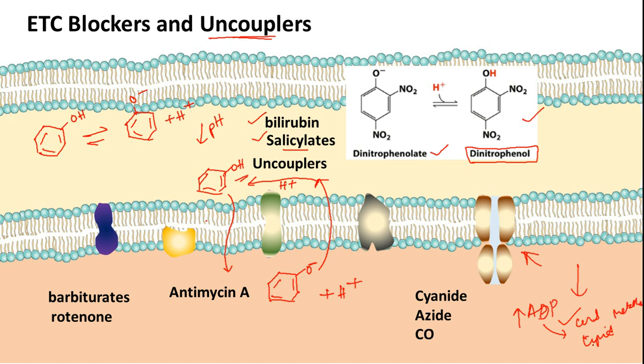When you increase carbohydrate or lipid metabolism, more and more acetyl CoA is going to be generated. From there more and more NADH or FADH2 are generated. Hence more and more electron transport chain is also going to happen, but it is going to be blocked here. So no more ATP is going to be generated. A higher quantity of ATP is not going to be generated.